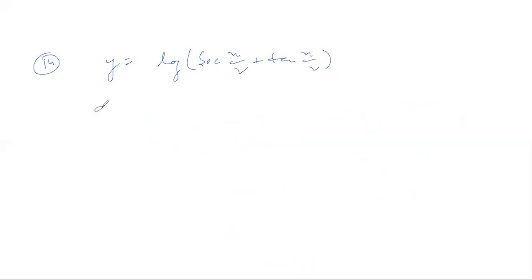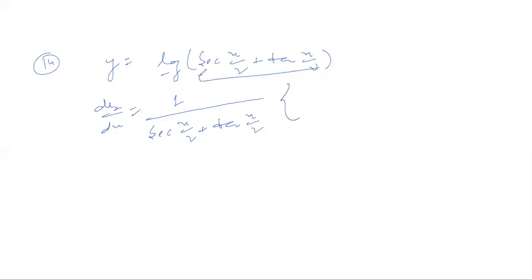Differentiate this. So dy by dx will be equal to, this is log and this is x. So the derivative of log x will be 1 upon x, meaning 1 upon sec x/2 plus tan x/2, into, now this was taken as x, right? So we'll differentiate this part. Here this 2 is also written. So this is sec, and this time it will be taken as x. So the derivative of sec x, as we know, is sec x tan x. So it will be sec x/2 into tan x/2. And since we have taken x/2 as x, we'll differentiate x/2 again.